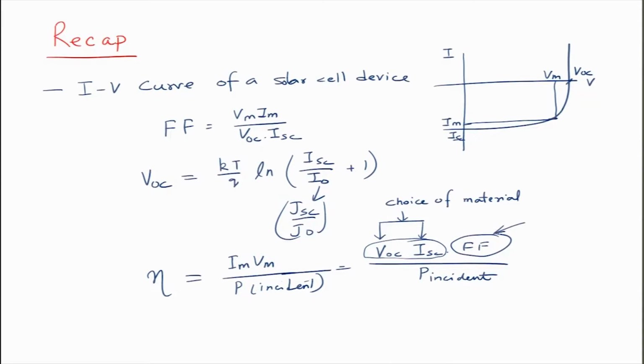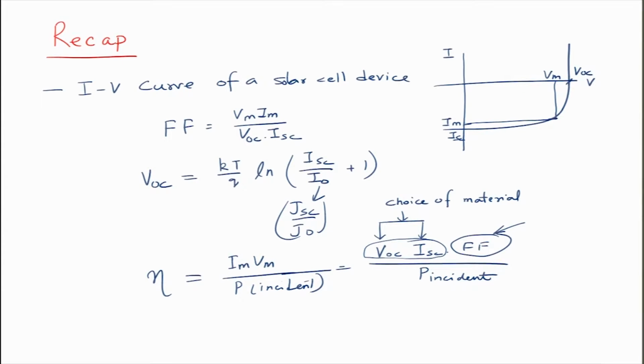The fill factor can be up to 100%, but it is seldom 100%, and most of the times it is in the range of 60 to 80%. As a device engineer our job is to maximize this fill factor. If you can maximize VOC and ISC by changing materials and maximize the fill factor by device engineering, you will obtain high efficiency in the devices.